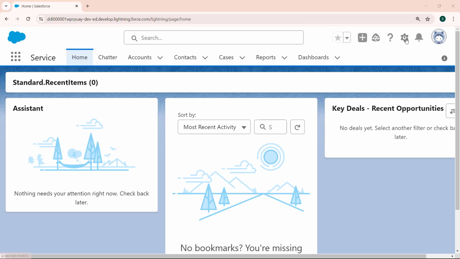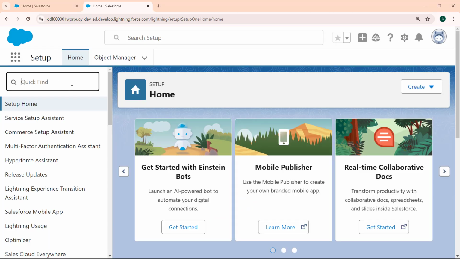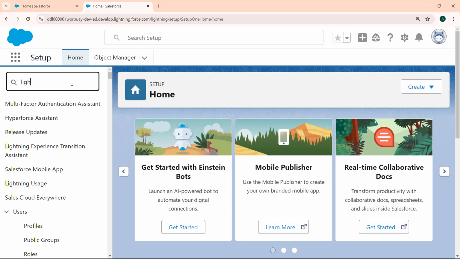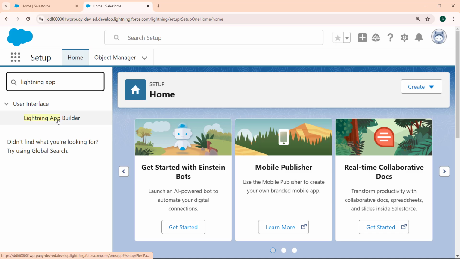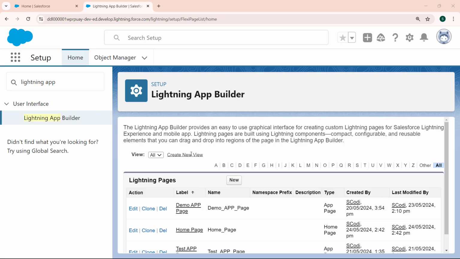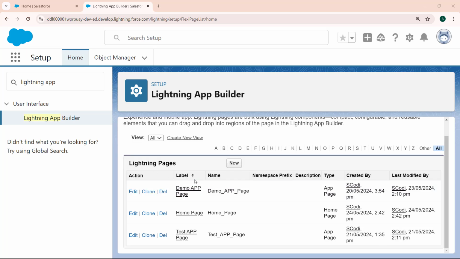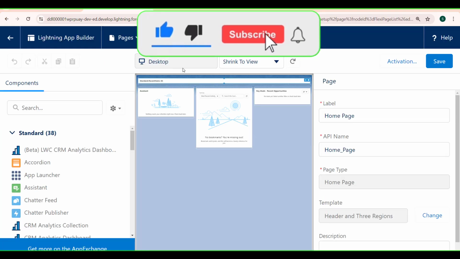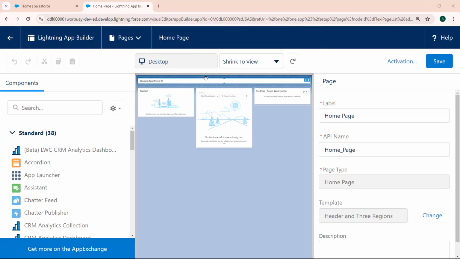So go to our setup page and enter the Lightning app builder in the quick find box and select this Lightning app builder link, and this will redirect us to the Lightning app builder page. And under this Lightning page we can see the list of the pages. Here we can see the home page and the app page, and here we want to deactivate the home page, so we click on this home page, click on the edit button, and our Lightning app builder page is open,